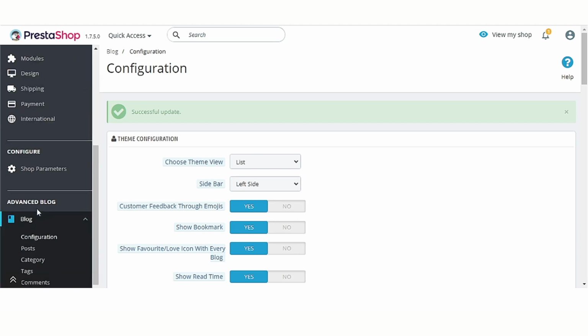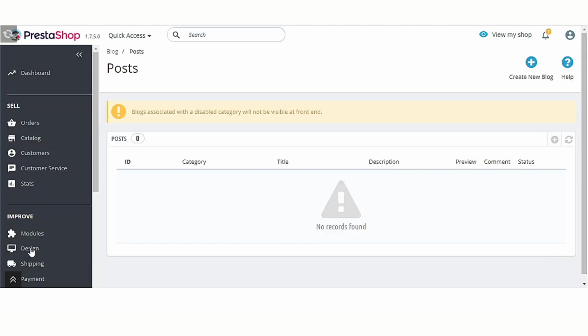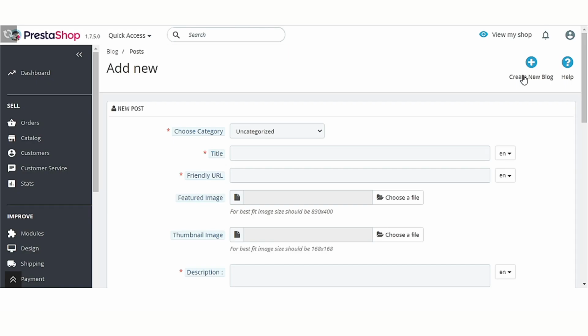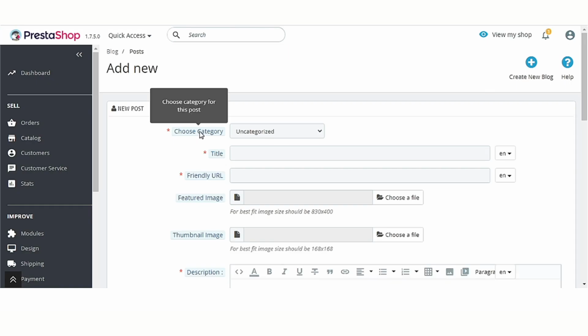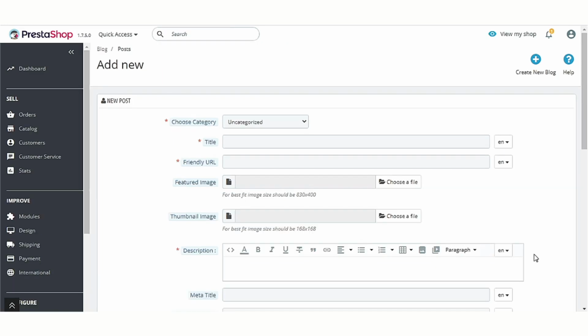After configuring the module settings, admin can create new blog post. Click here to add a new blog. From here, admin can select the category for the blog. Set the blog title here.